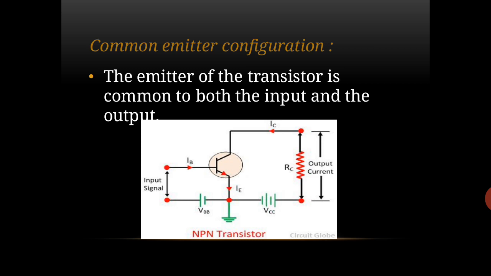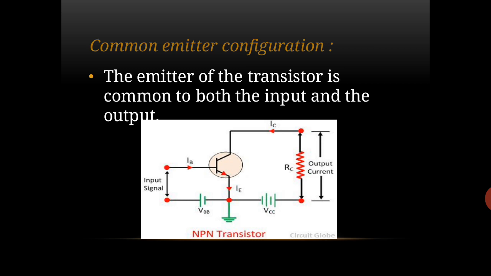Now in this you can see the base, which is P, is connected to VBB, meaning base voltage. As you can see, there are two batteries connected here in green color, VBB and VCC. Now VBB means voltage to base and VCC means voltage across collector. Now you can see the input signal is given to base and output can be obtained through the load resistance which is connected to the collector, and IE is the current passing through the emitter.